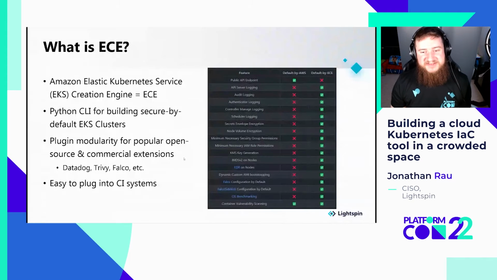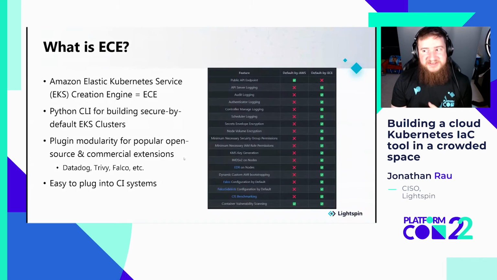But the idea behind it was that I just want to have a CLI tool, very simple, that anybody could pick up and just create a cluster. I have a VPC. I want the cluster to go here, and it'll take care of everything for them, right? So I'll have all the logging on. It'll turn off the public API endpoint. It'll turn on the envelope encryption. It'll create a key for that cluster with minimum necessary permissions for the principals who need to have access to it only, the creator and anybody else that you have. It uses IMDS v2 on the nodes.